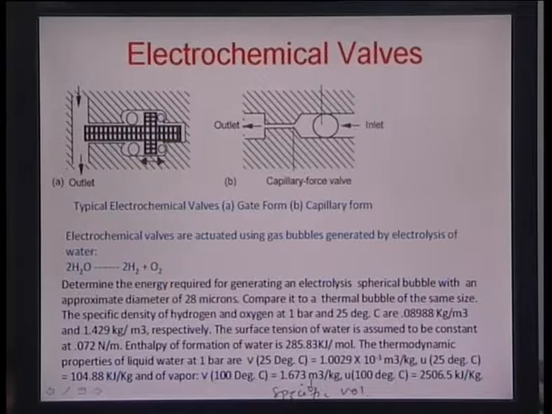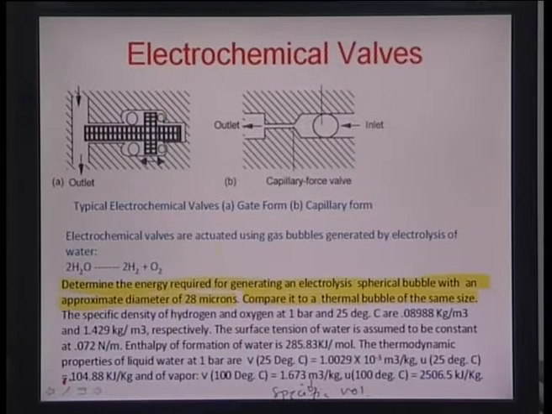So therefore we always look for rather non-conventional systems for doing actuation at this scale. Let us do this example. We have an electrochemical valve, as we just described above, which is based on the principle of electrolysis of water. Here we have to determine the energy required for generating an electrolysis spherical bubble with an approximate diameter of 28 microns, and compare it to a similar bubble generated by a thermal mechanism, by evaporation of water,